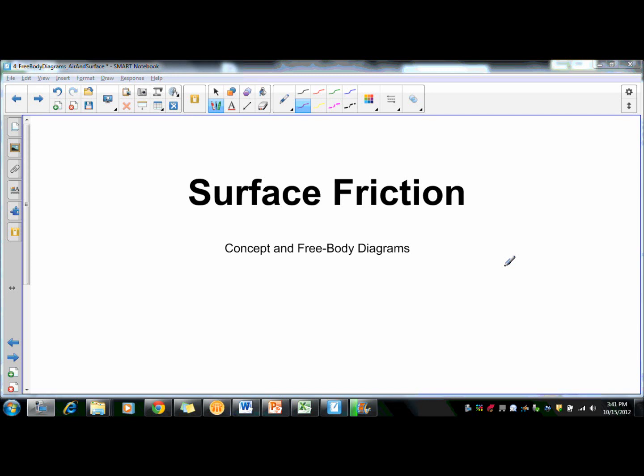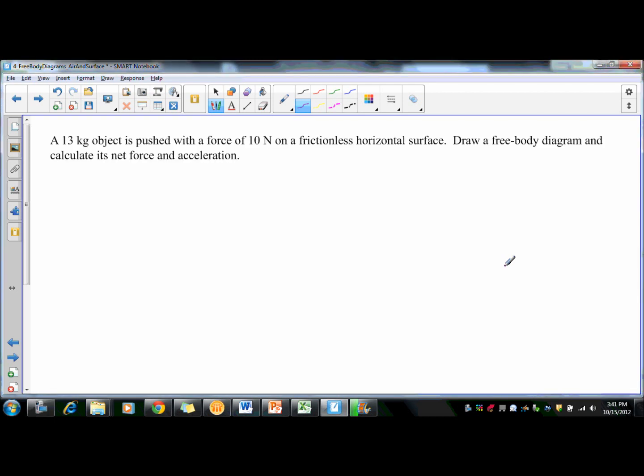All right, so now we're going to talk about surface friction. So again, talking about the concept of what it is and drawing the free body diagrams associated with it. So we're going to start again with our examples, just like we did with air resistance, where we're just going